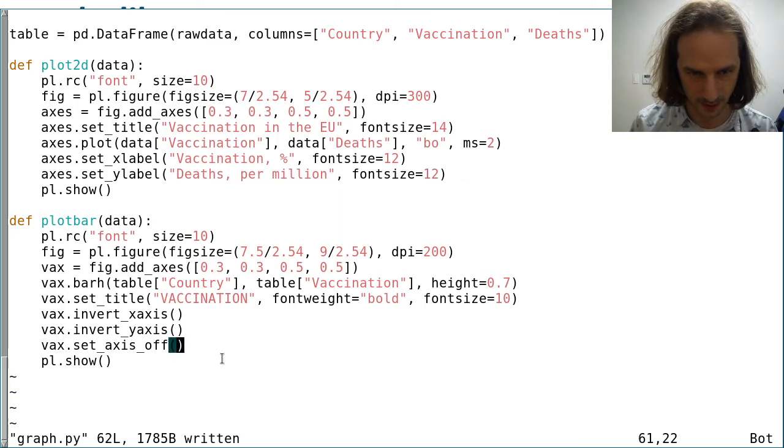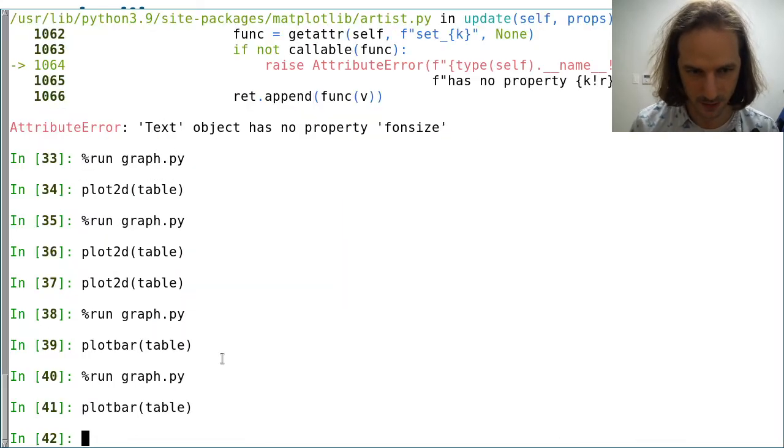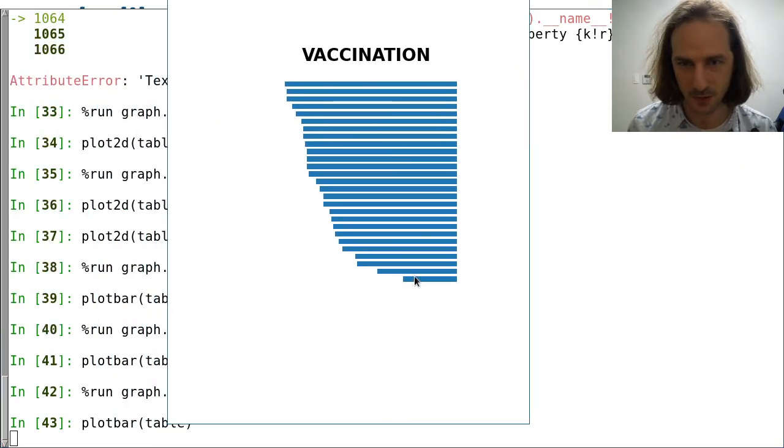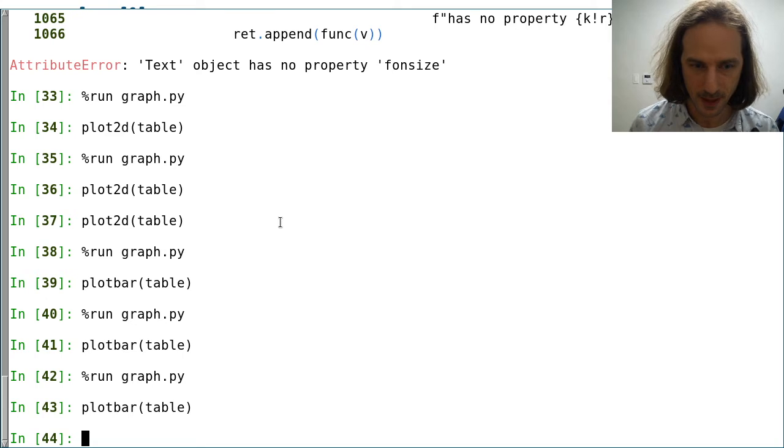And I always forget to press escape here. So let's run and plot again. And now you can see our plot only contains the graph itself. So let's try to add the numbers on the left hand side and the country signs on the right hand side. And for that,